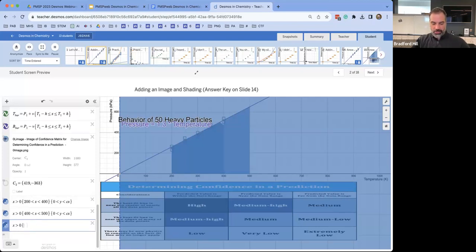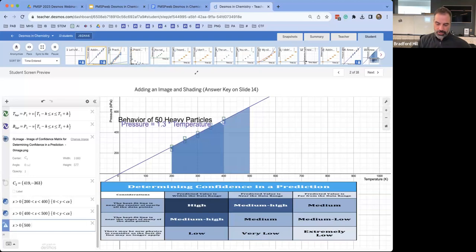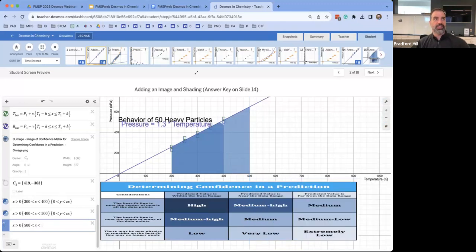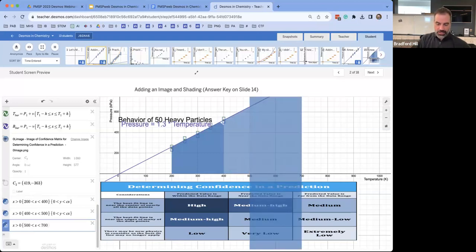We went up to 500 before, so this time we should start at 500 less than x. And maybe this goes to infinity. I don't know where to end it. But all bets could be off at a certain temperature, right? This is just a bit of a guess when that thing is going to melt or do any of the other things. In any case, just to wrap it up, I'll say 700 degrees, curly brackets, and then restrict the vertical domain,